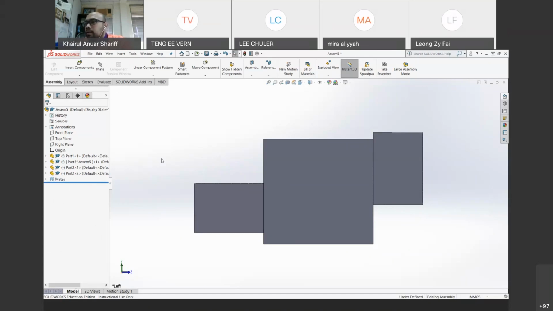Can somebody comments on the chat box? What happened to the aircraft? Okay, imagine kalau kamu ada small gap 3 mm or 5 mm, and suddenly when the aircraft take off, what happened to the aircraft? Okay, macam lost stability. Yes, Arif, maybe lose the part, maybe dia akan explode